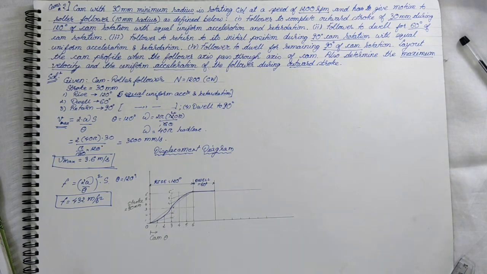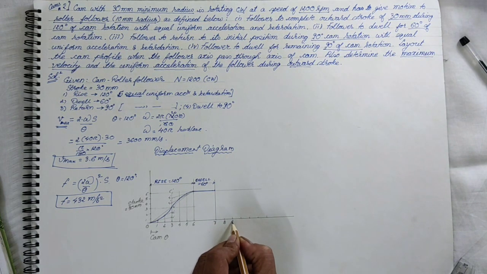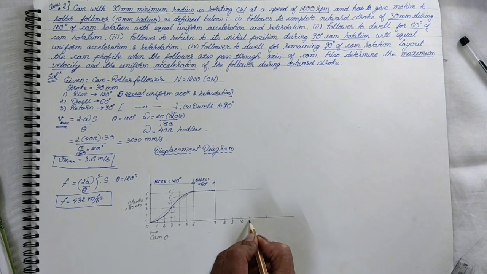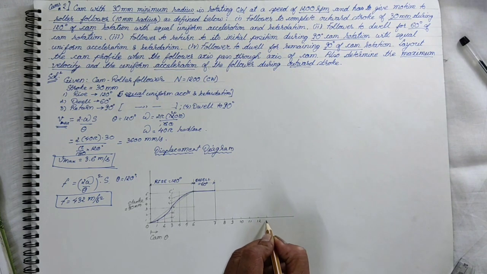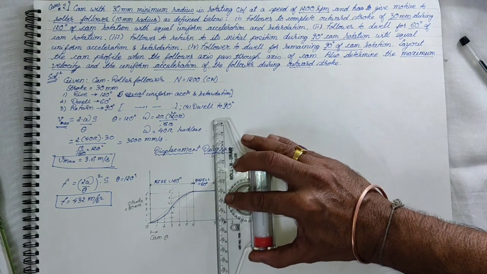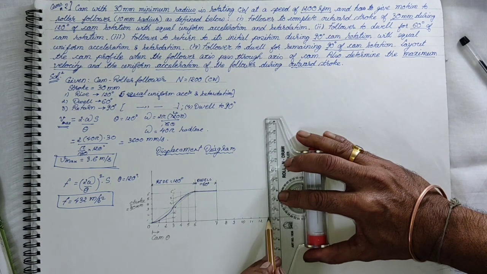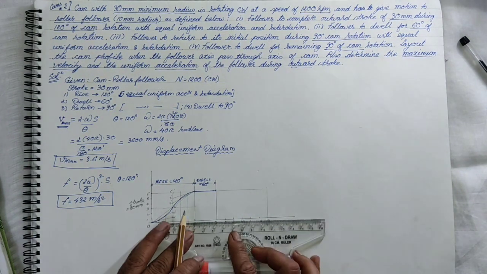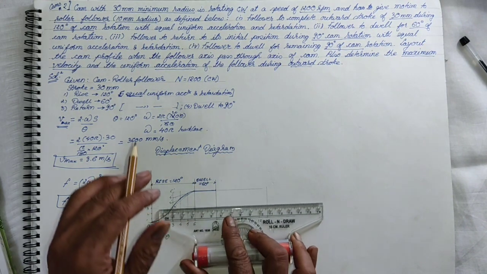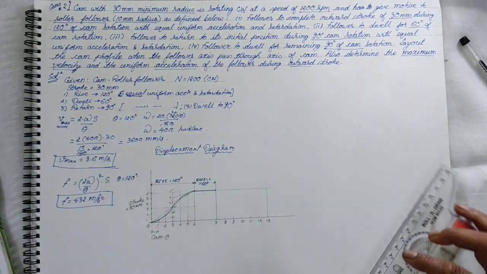So let us number these points. So 6, then 6 to 7 we have taken this as dwell. So this is 8, 9, 10, 11, 12, 13, and then again 13 to 14 it will be the dwell. So now we complete this rectangle. So if you have noticed, we are getting the displacement curve. That means the curve is a parabola, and that we are achieving with the help of a rectangle method.